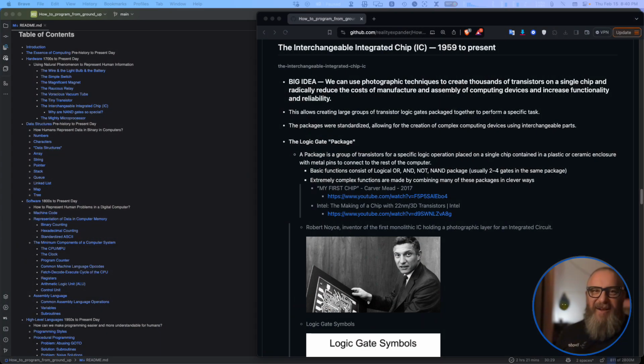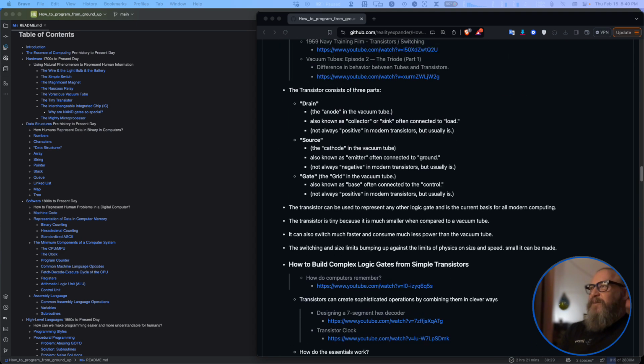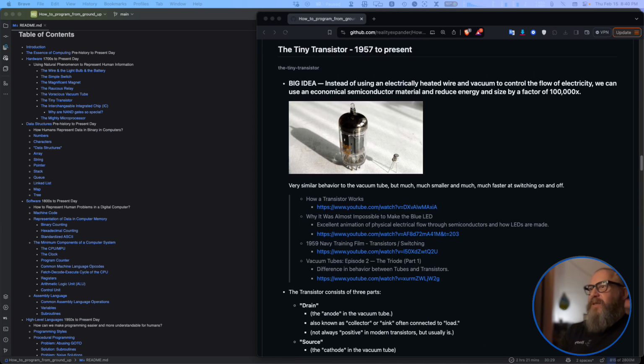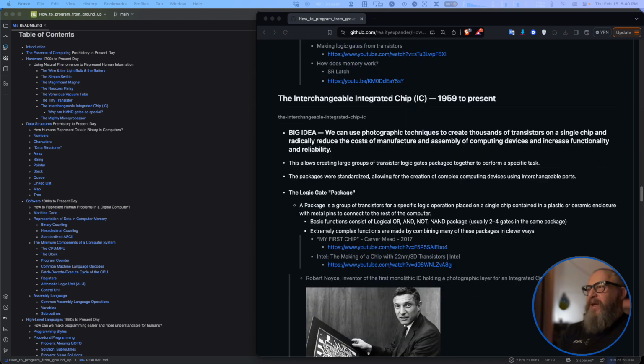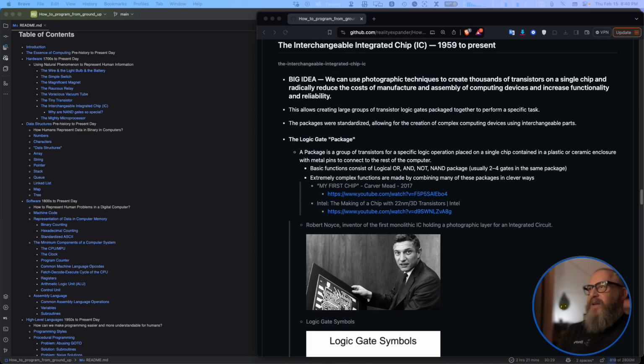Okay, so we left off on the transistor, right? This little bugger. And now we're getting into the interchangeable integrated circuit. So the integrated circuit in 1959. The big idea this guy came up with says that we can use photographic techniques to create thousands of transistors on a single chip and radically reduce the cost of manufacturing and assembly of computing devices and increase the